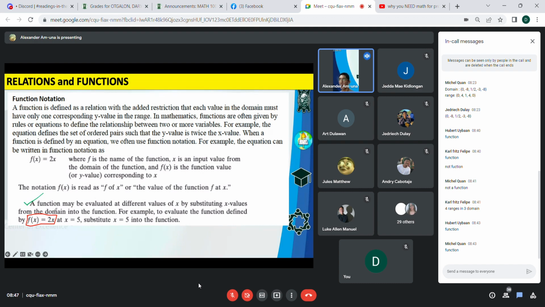So if you want to use 5 for the value of x, then we say it's f of 5. F of 5 meaning to say the value of x that we are using is 5. So we say f of 5 is equal now to 2 times 5. In that case, it becomes 10. If you are interested in the value of this when x is, let's say, negative 3, then we say f of